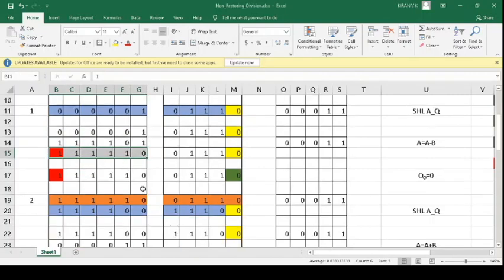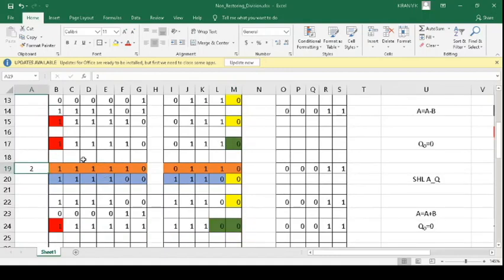Okay, and as usual we are supposed to observe the sign of the result, as it is a 2's complement result. A 1 in the MSB indicates a negative result, and a 0 in the MSB indicates a positive result. So here we have a 1 in the MSB, so it indicates a negative result. So the Q0 bit will be fixed as 0 itself. See, this Q0 bit is now turned green, so it is fixed as 0. Now we have to move to the second iteration.